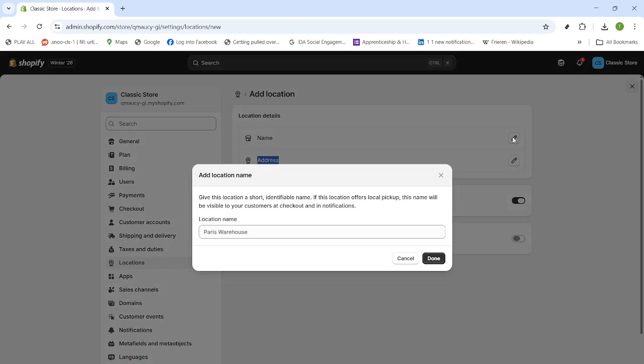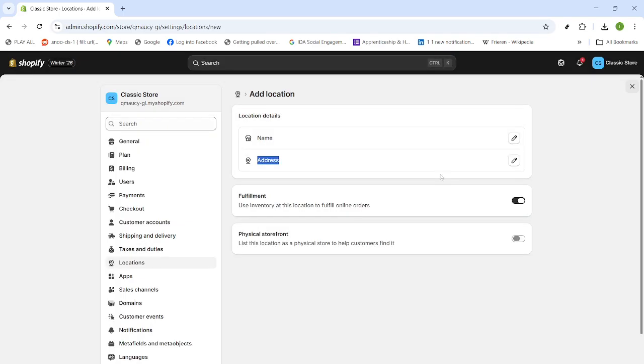Take a moment to double-check spelling, the address format, and that you've used a distinct name. This will prevent confusion when you allocate stock or choose a fulfillment origin for orders. If you're just practicing or decide not to create the location after all, you can select Cancel to exit without saving any changes. Otherwise, once you've confirmed the details, the new location will appear under All Locations, ready for inventory